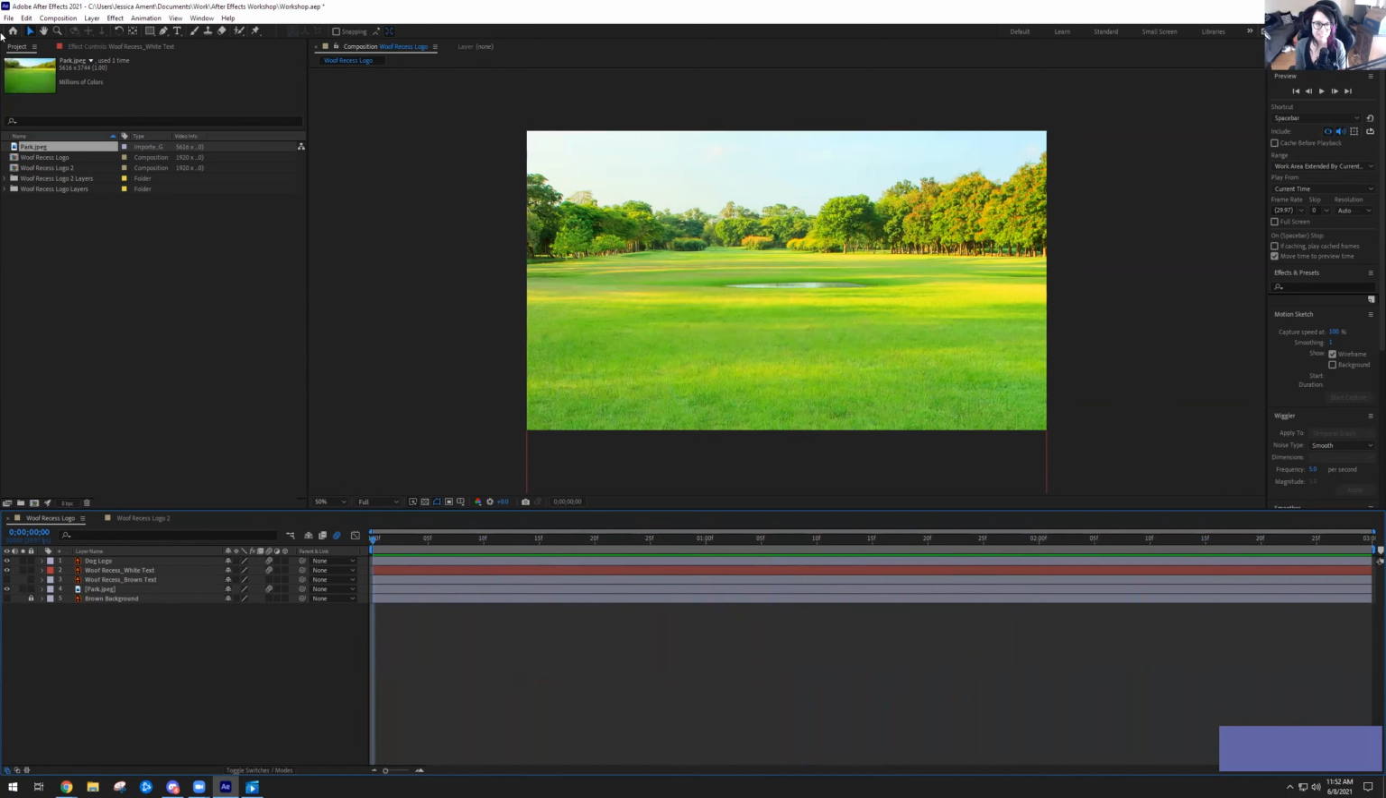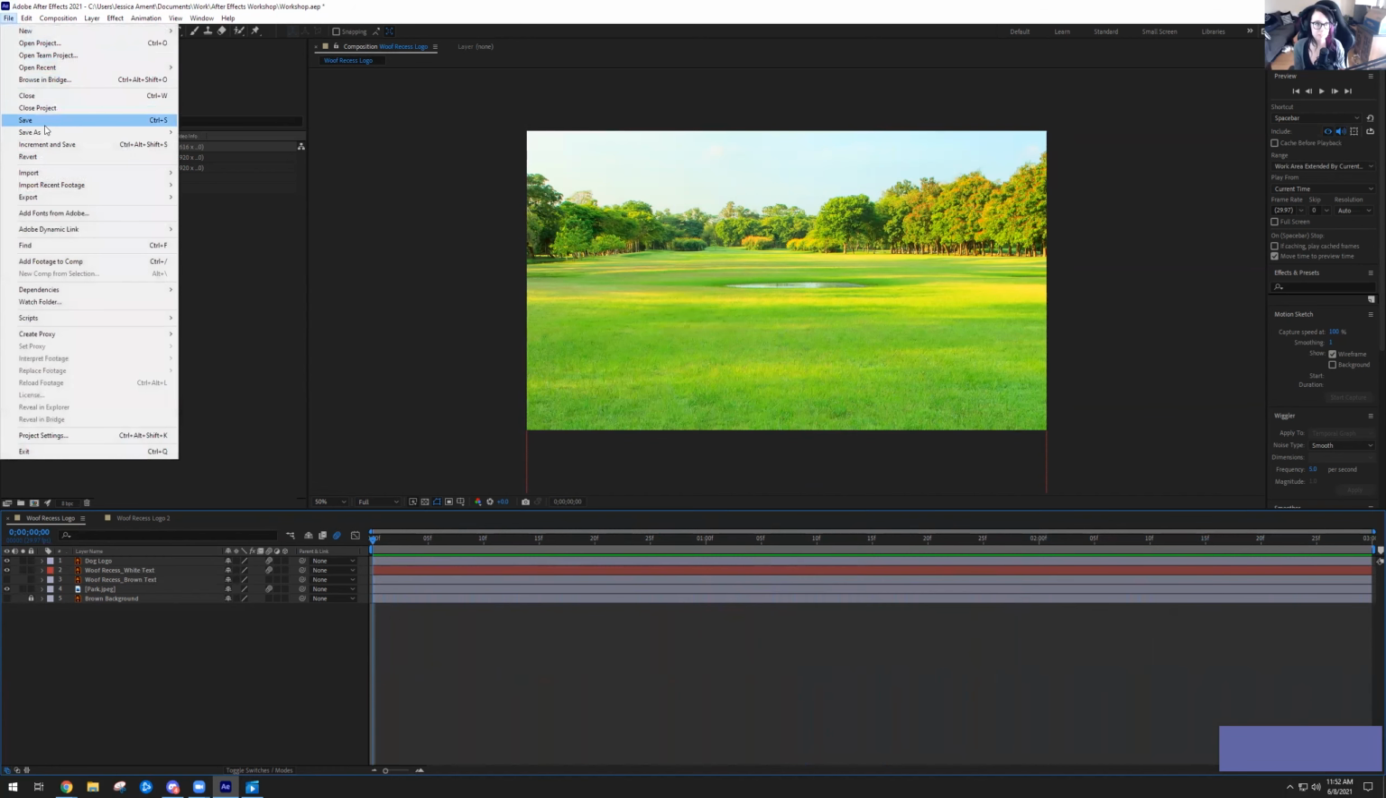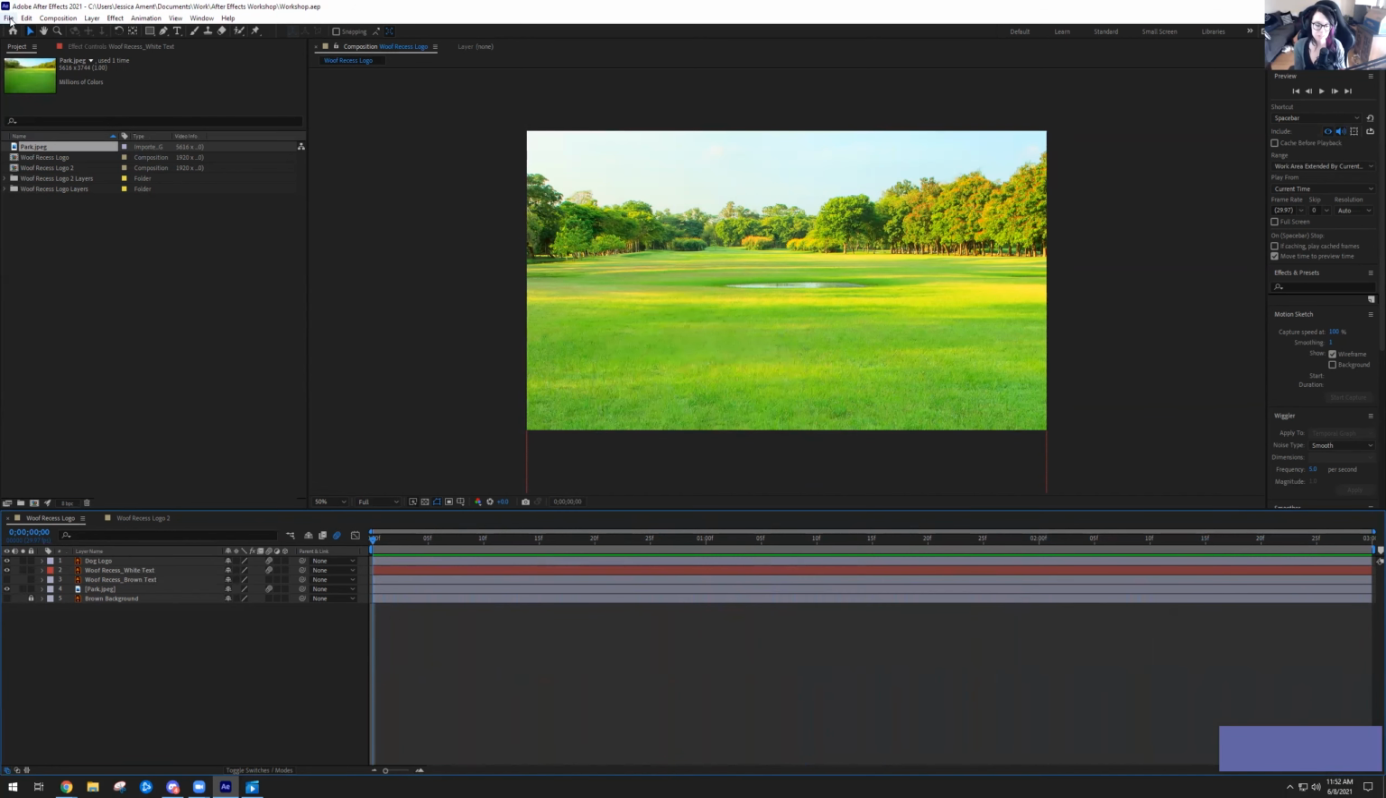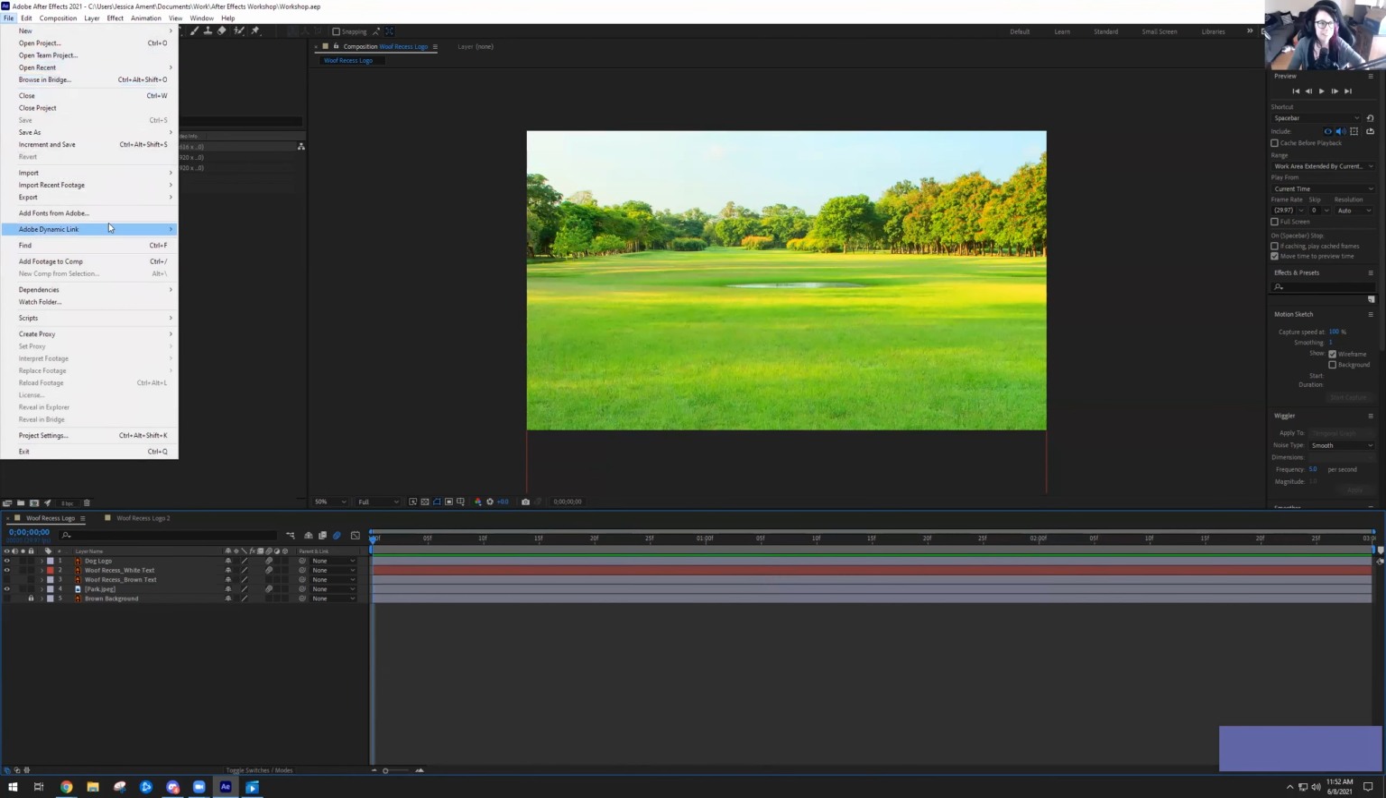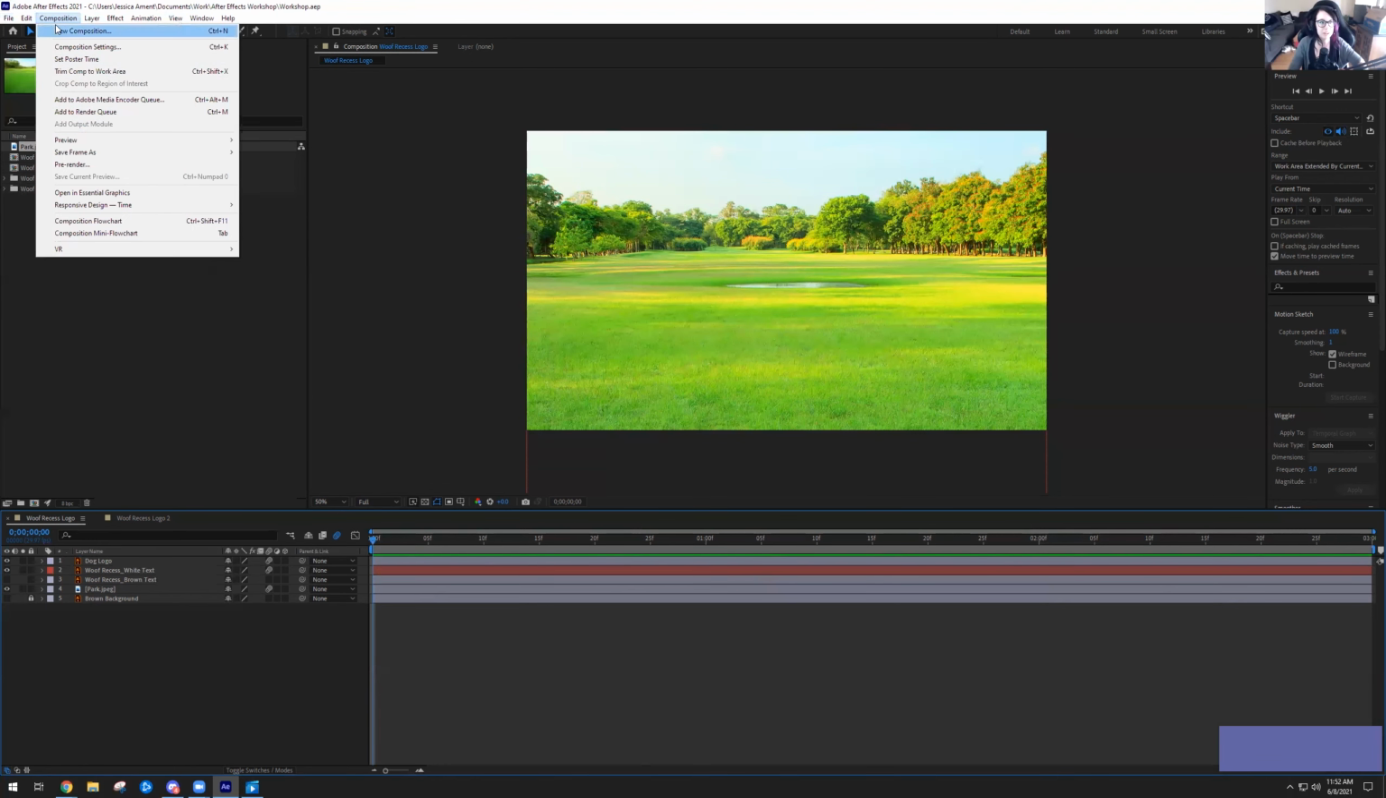Anyway, we are going to save our work just so it's good. It's going to ask you to save it again, but whatever. We're going to go to File, Export, and we are, oh wait, no, here. I keep forgetting it's here now. I'm not used to rendering this way since Adobe started